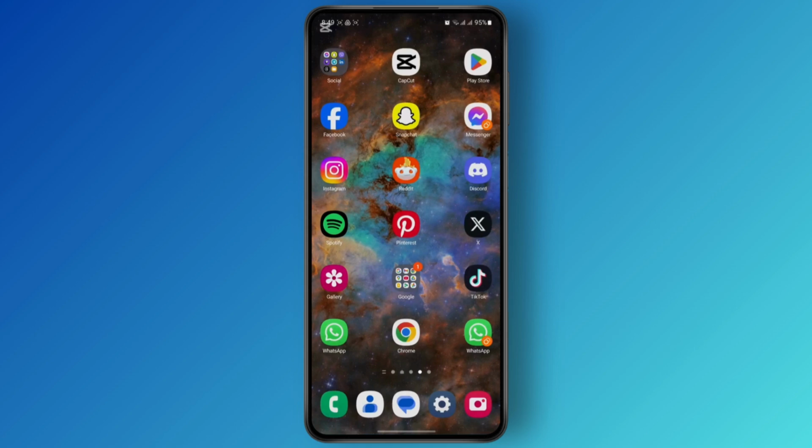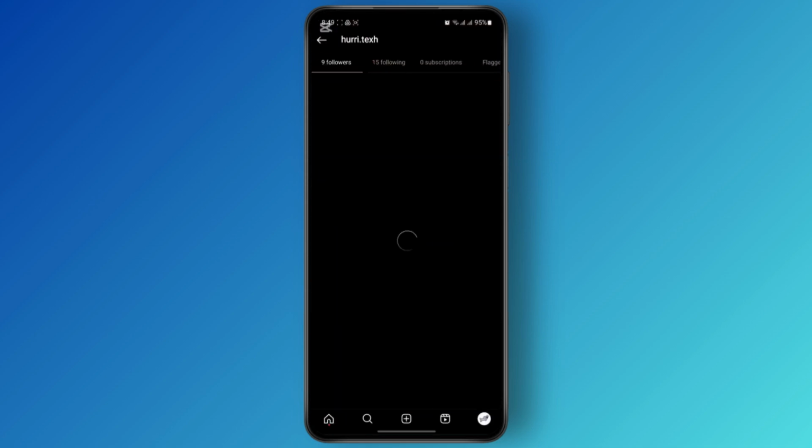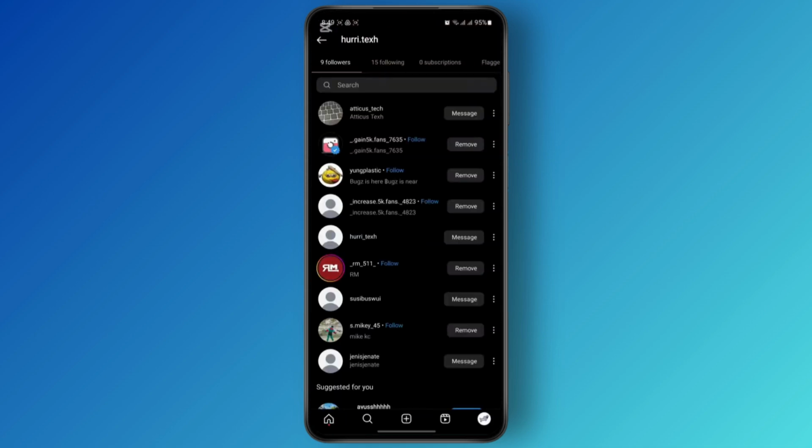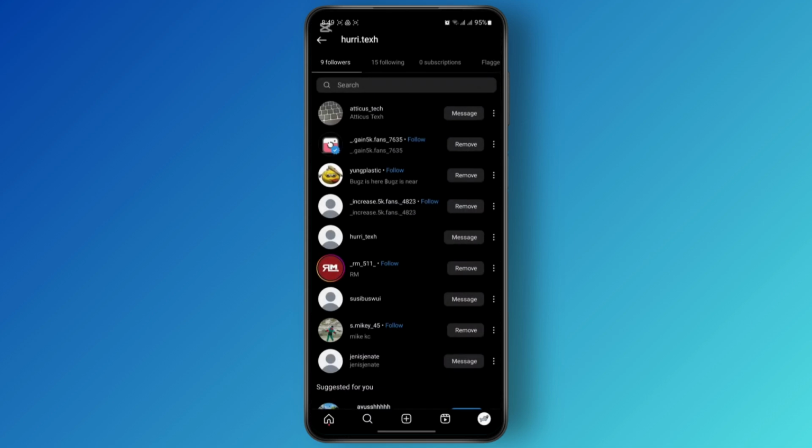Let's begin. So the first thing you need to do is open up your Instagram and head over to your profile section, and you will see the list of all of your followers. Now, once you get here, in order to remove them, you have to manually remove them like this. So if you don't want to do this to all of your followers, then what you can do is go